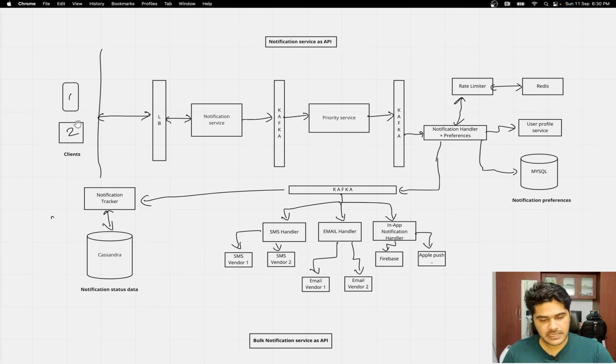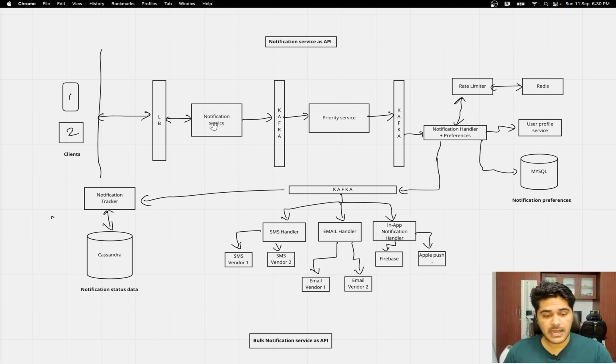So if my client base is very high, if my request number is very high, then I will have a load balancer, and this will obviously do multiple things. One is to balance load, and in case I have a global product, then I have to reroute requests to the proper specific regions, because there can be an SMS vendor which will only work in India, right? So you want to redirect a request to send an SMS to an Indian user to a service which is actually in that particular region. So there will be a load balancer to manage all those things.